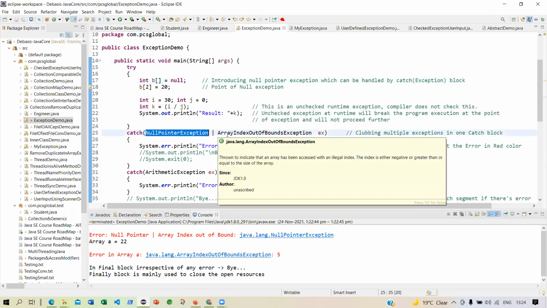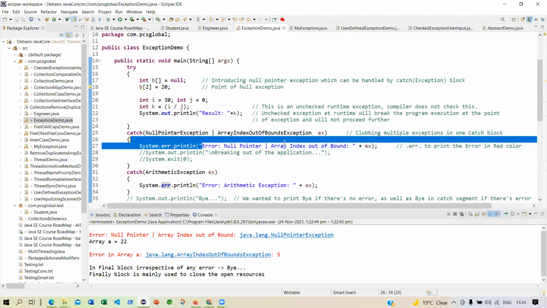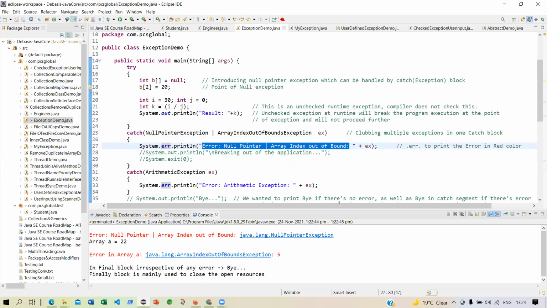It is not the runtime engine that has handled it, because you have given this catch yourself in your program, and you are handling this null pointer exception and you have given an error message. You see the error in red. Why? Because you have given .err. That's why this message comes out in red. And this EX is given by the runtime engine because you want to know exactly the error code.